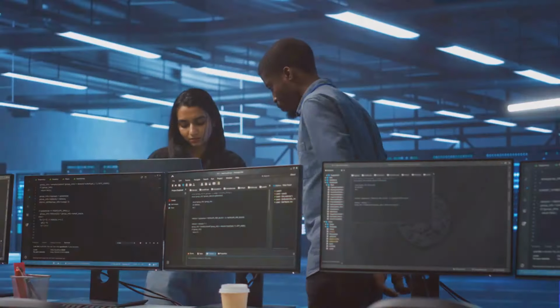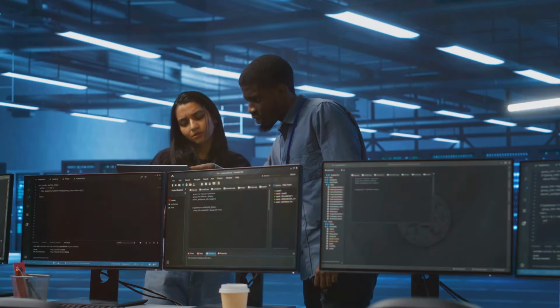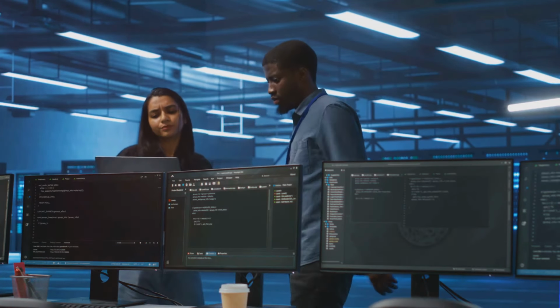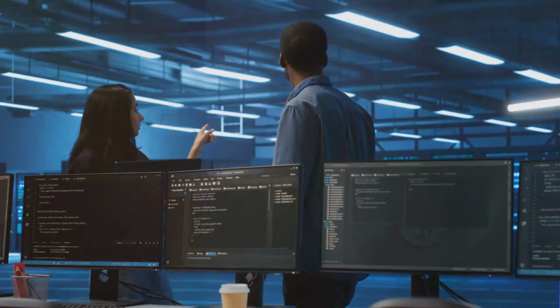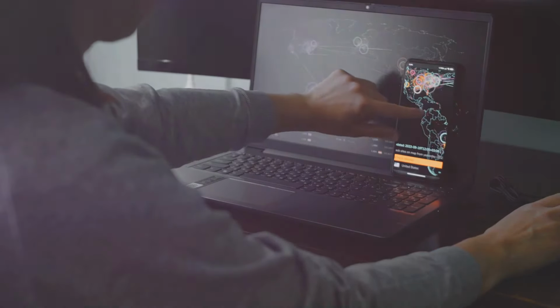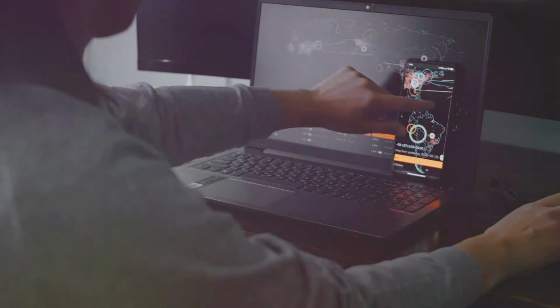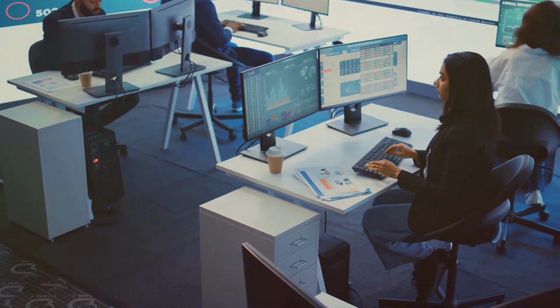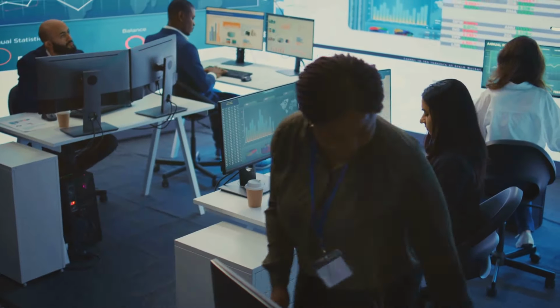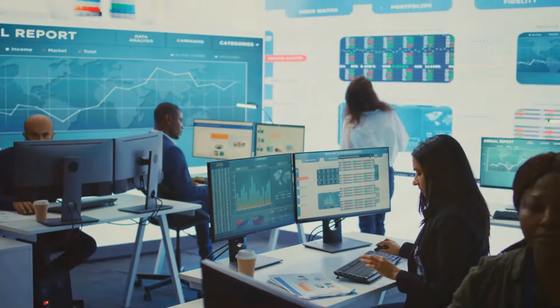These testing types are crucial for ensuring the overall quality and readiness of your software before deployment. They help in identifying any potential issues that could affect the user experience or the software's performance in a live environment. UAT involves real users testing the application in a real-world setting to ensure it meets their needs. This type of testing is vital because it provides insights into how the software will be used in everyday scenarios, highlighting any usability issues or missing features.